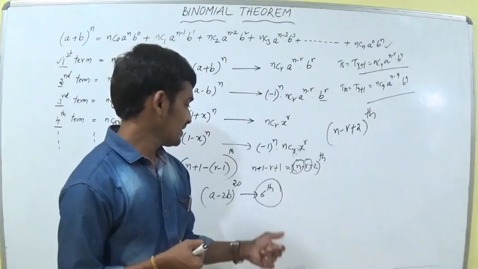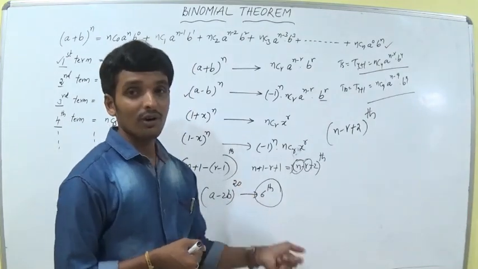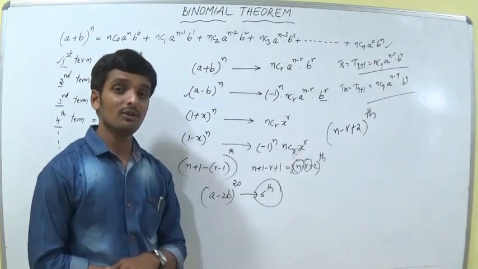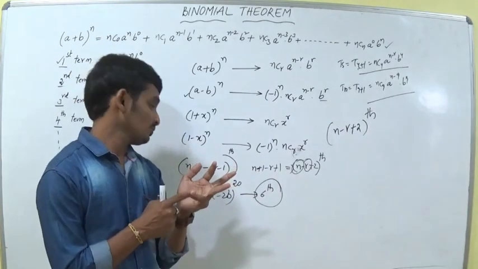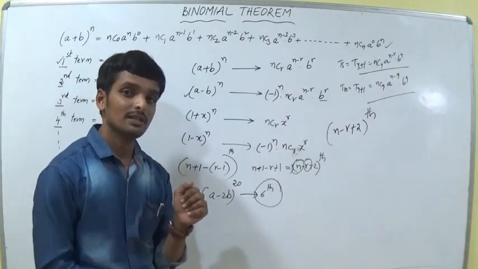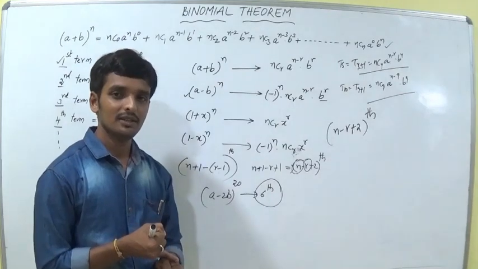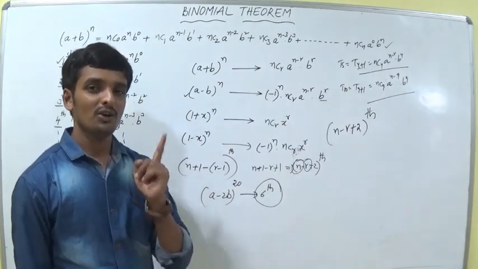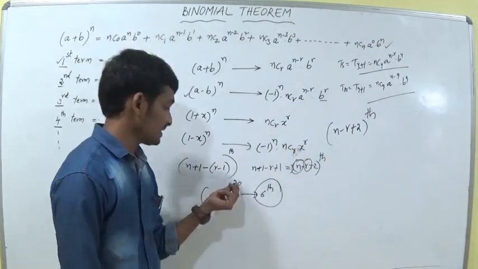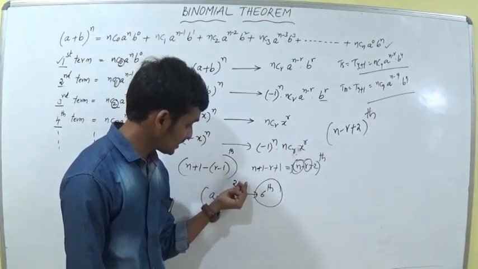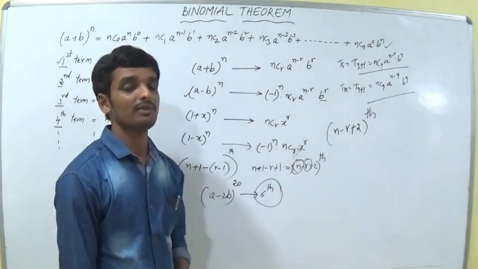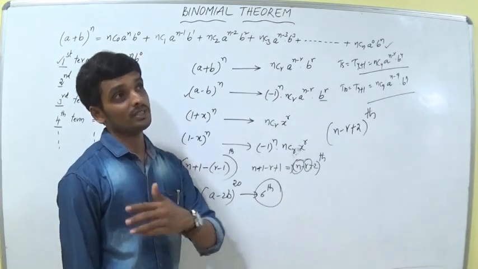For example, if it is 200 terms and they want the 66th term from back, how can we count now? 201, so 200, 199, 198, 197, 196, like that. We have less than 1 minute for 1 bit, but finding the 66th term from 200 terms takes more than 5 minutes. So that means 4 bits are gone.